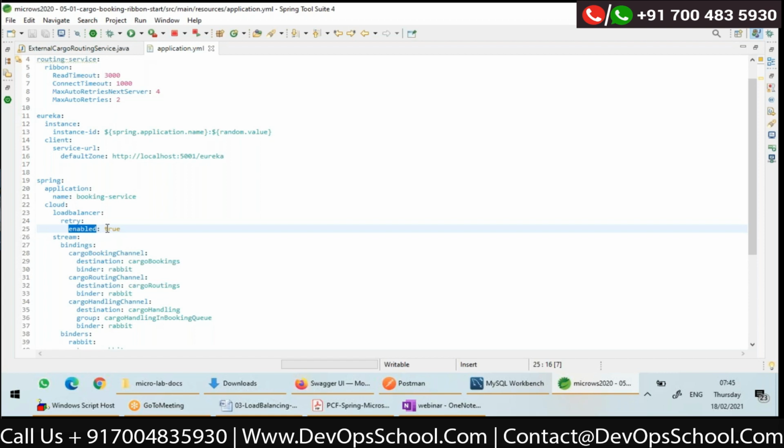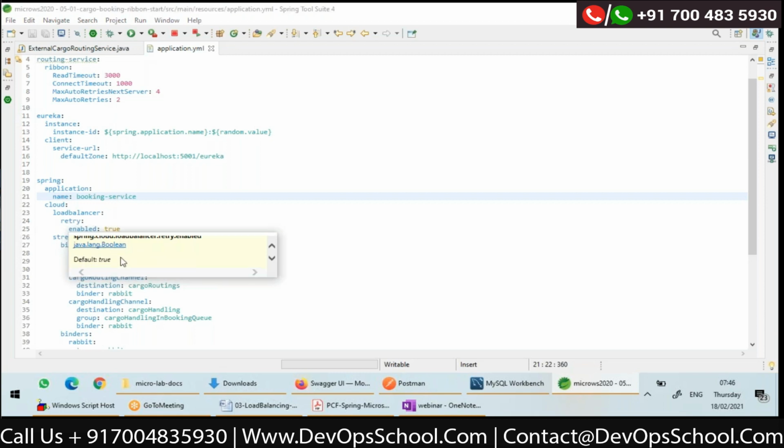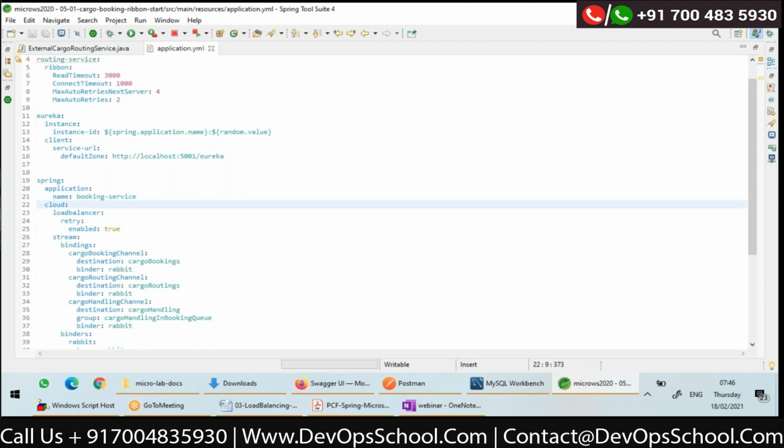I have configured this to true. I have enabled retries. What is the default value? Even if you don't write it, the default value will be true. So that's why retries are done. If you don't want retries, then you can disable it by making it false.